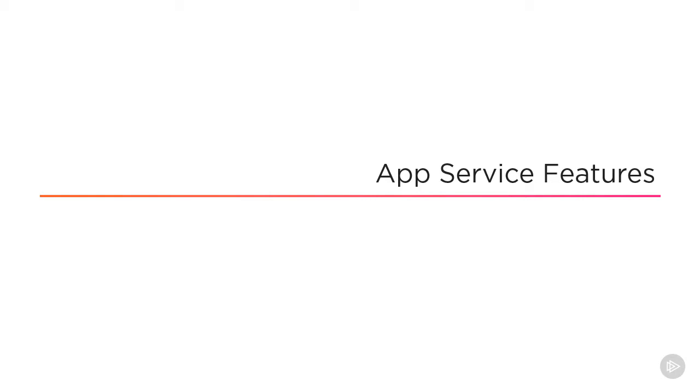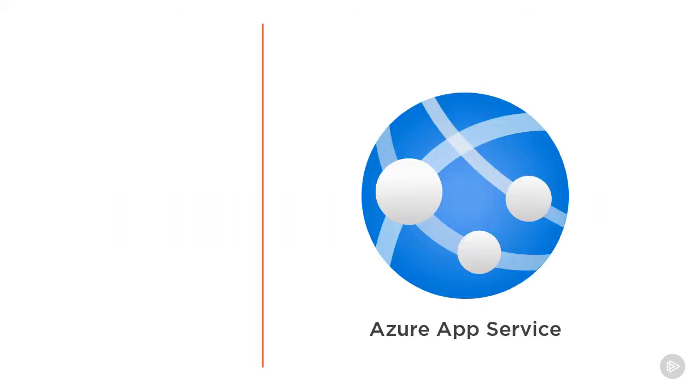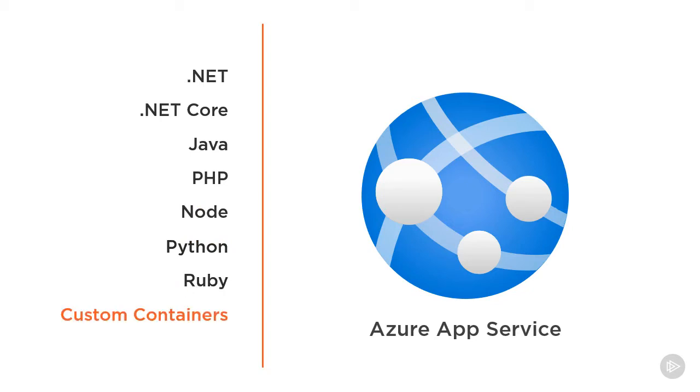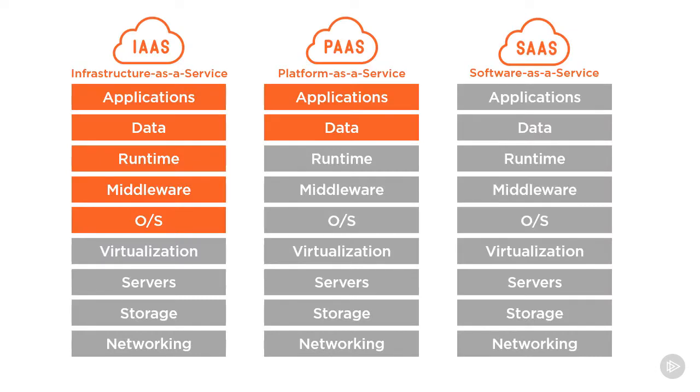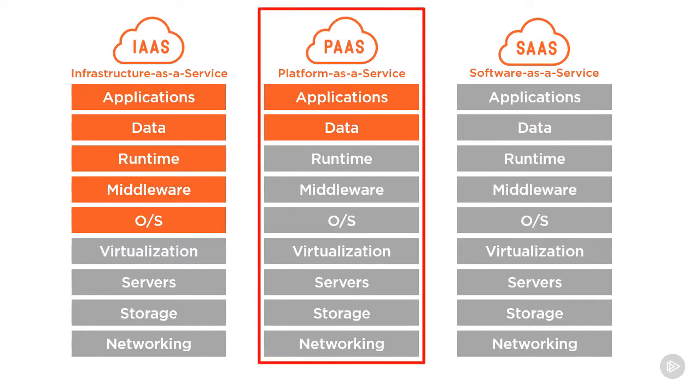Azure App Service is Microsoft's fully managed platform for hosting, deploying, and scaling web apps. You can host Windows or Linux apps built in a variety of languages. There's .NET and .NET Core, of course, but you can also deploy apps written in Java, PHP, Node.js, Python, and Ruby, and you can even host your own custom container images. Azure App Service is really just web servers that are hosted for you, so you don't have to worry about things like patching them or managing the underlying operating system. You still get a lot of control over configuring features of the environment though, and you'll see that throughout this